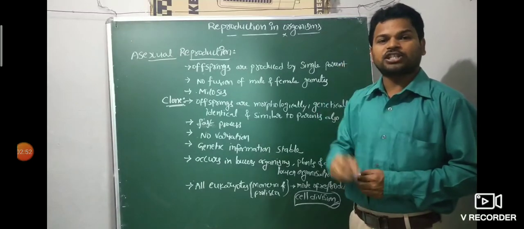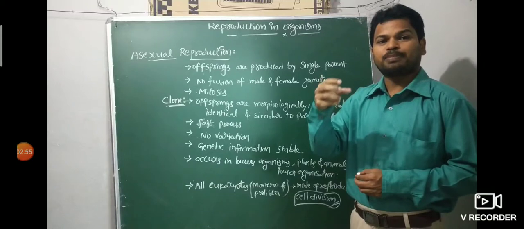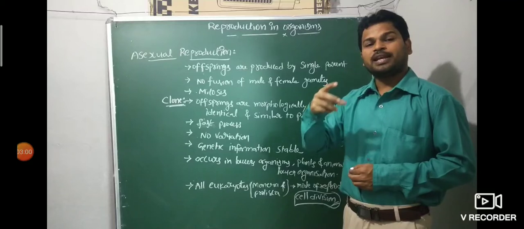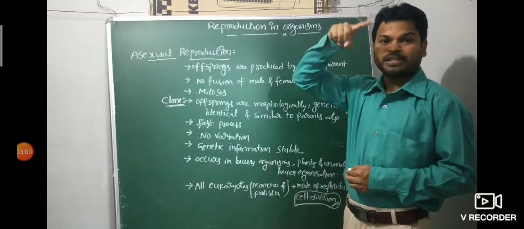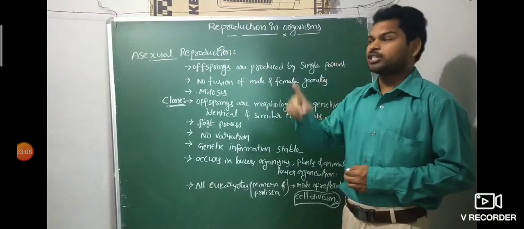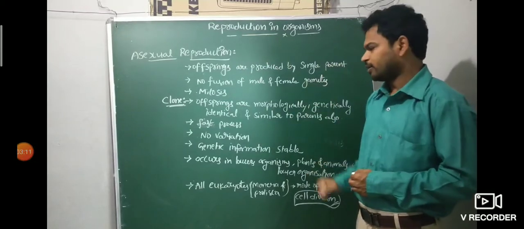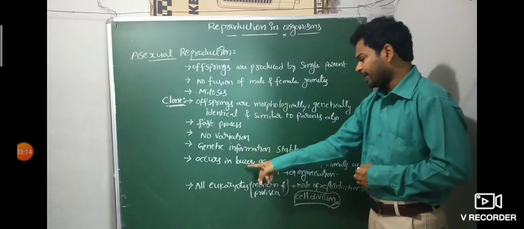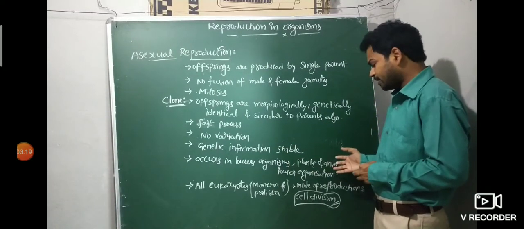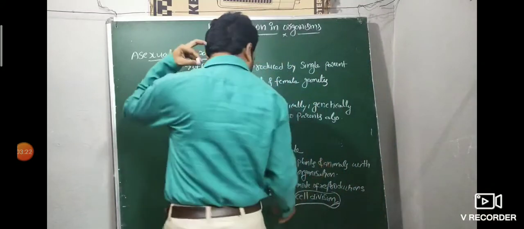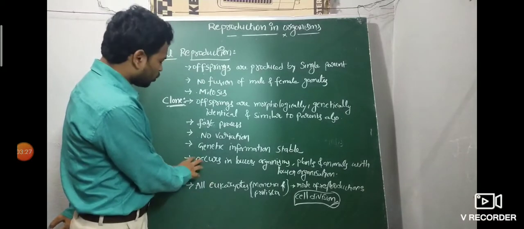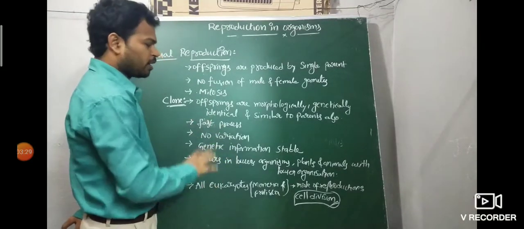Which of the following reproduction mainly helps in stabilizing or preserving the genetic information? Asexual. Which of the following reproduction mainly helps in variation? Sexual. Preserving and stabilizing the genetic information is asexual. Variations are produced by sexual reproduction. That is different. Now see, asexual reproduction can occur in lower organisms. Even it occurs in plants and animals also, but in plants and animals with a lower organization, like algae, fungi. So generally asexual reproduction occurs in lower organisms.